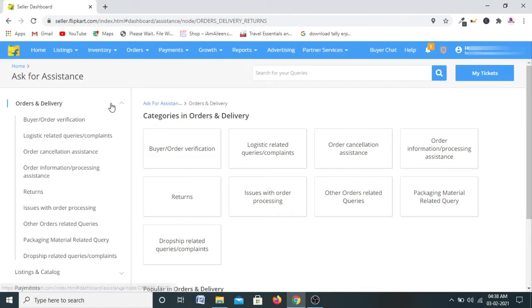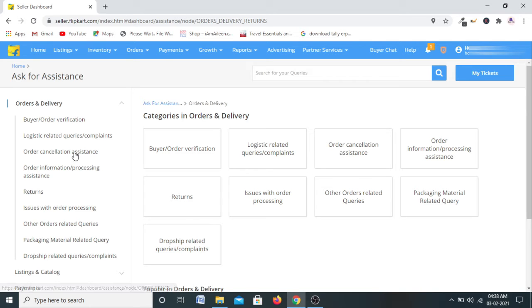Here are some options where you can select your queries. Maybe your query is related to orders and delivery, and in orders and delivery you may want to ask something about buyer and order verification, logistics related queries, complaints, order cancellation assistance.